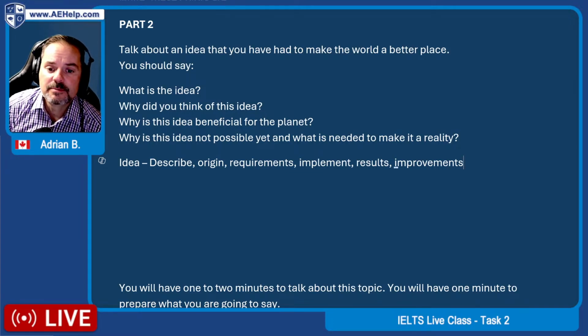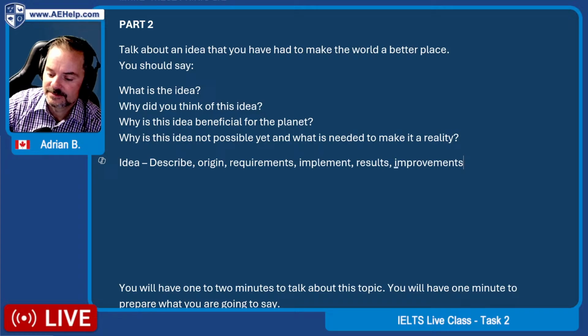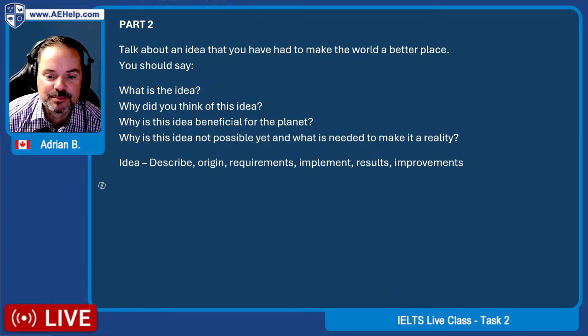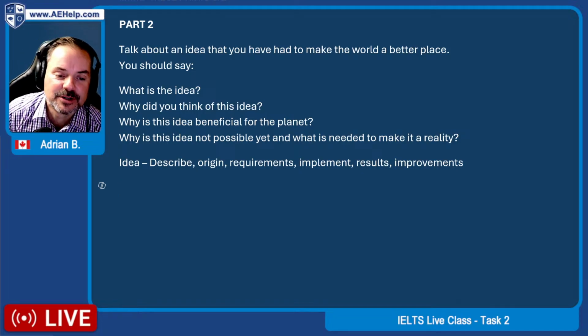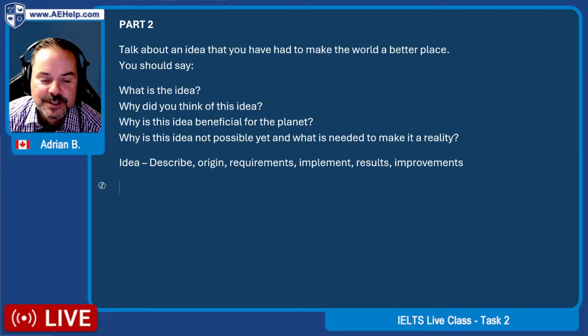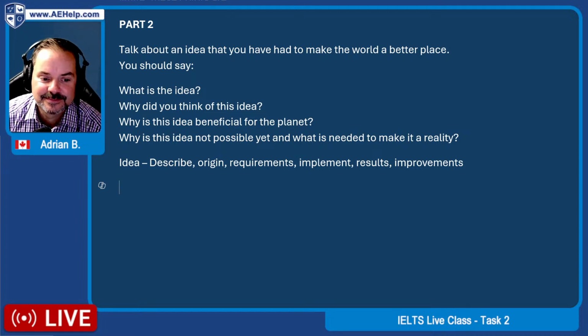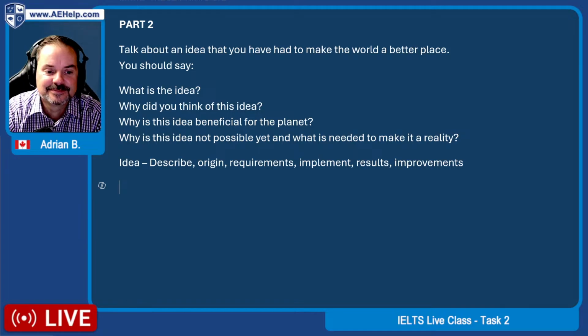Now comes the fun part. Have you had any ideas to make the world a better place, Alexander? Have you ever thought, hey, this could really help humans or help animals or help the environment or help everyone? Any ideas like that? Well, of course, easiest way is to use some world budget, which many countries have to use for defense or for weapons, to use for health, for medicine.